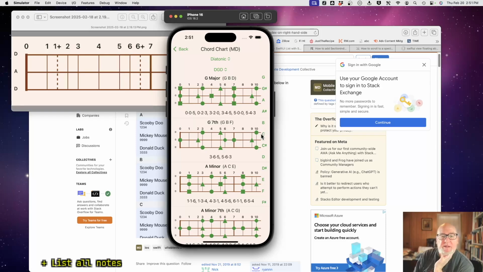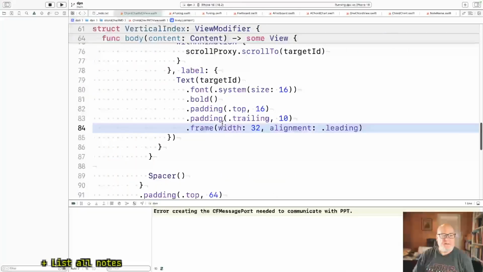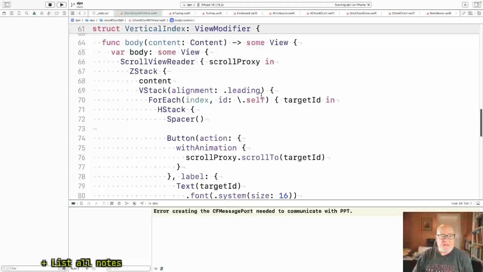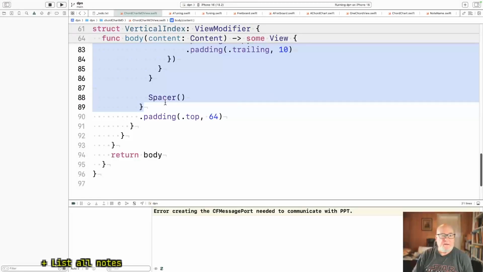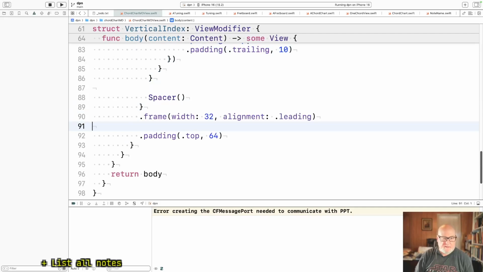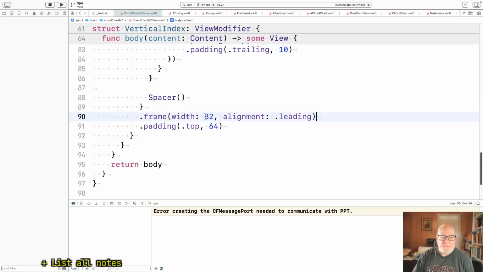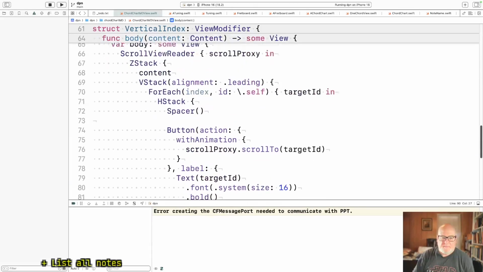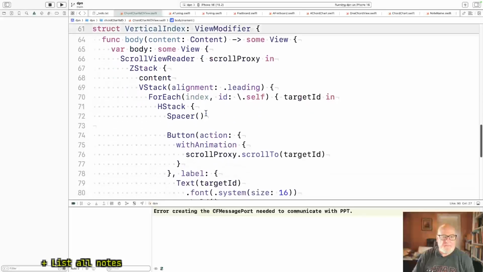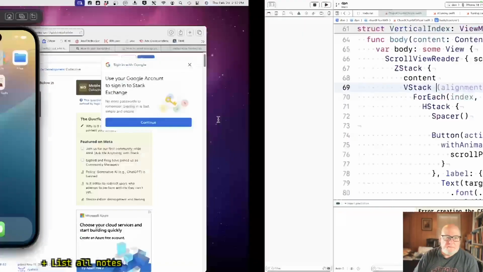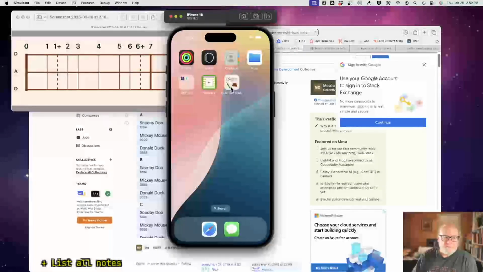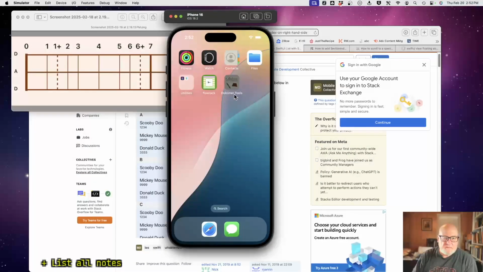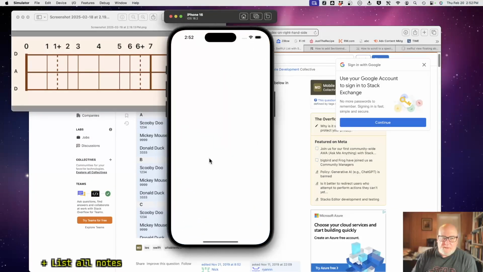It's probably more than it needs. And I think you're right. We can probably move this down to the V stack. Let's make it 24. We decided that didn't do anything. Oh, maybe